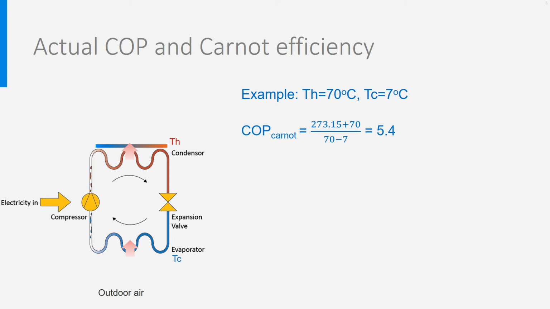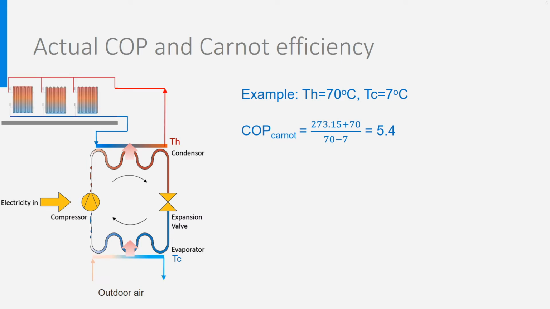This Carnot COP, is this the maximum COP we can achieve if we want to use the heat for radiator heating at 70 degrees using outdoor air at 7 degrees? Think about it. Unfortunately not, because nothing is perfect. Let's look at the complete system. The high temperature TH, 70 degrees, is the hot water temperature of the radiators, while TC is the temperature of